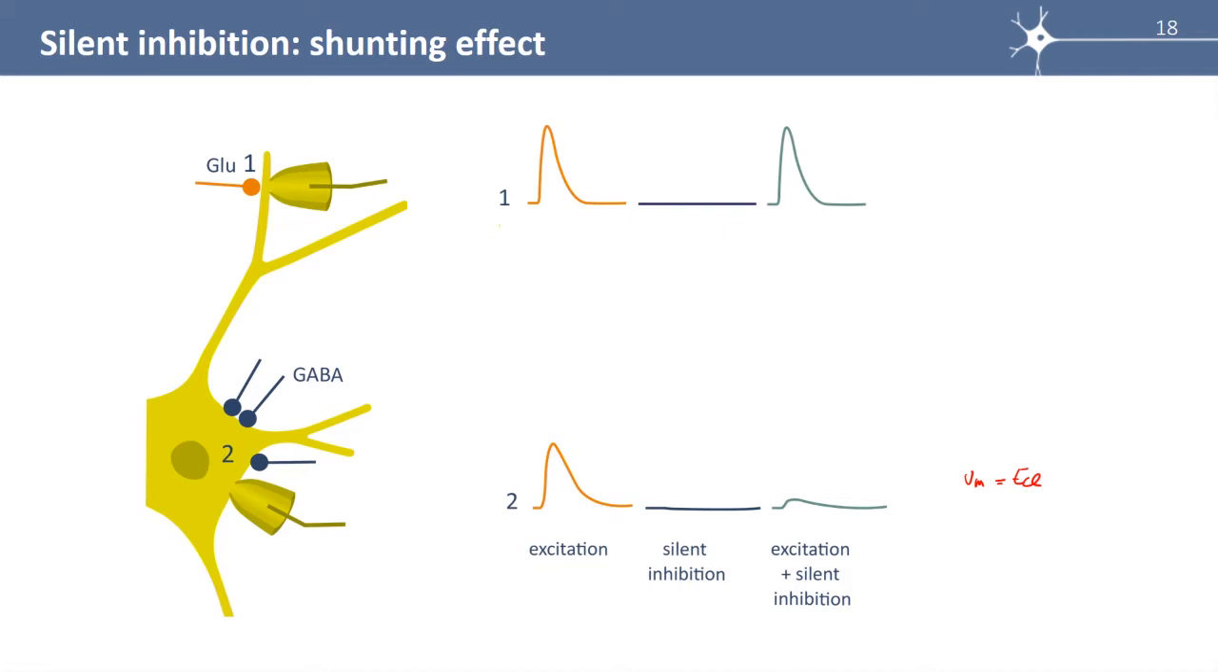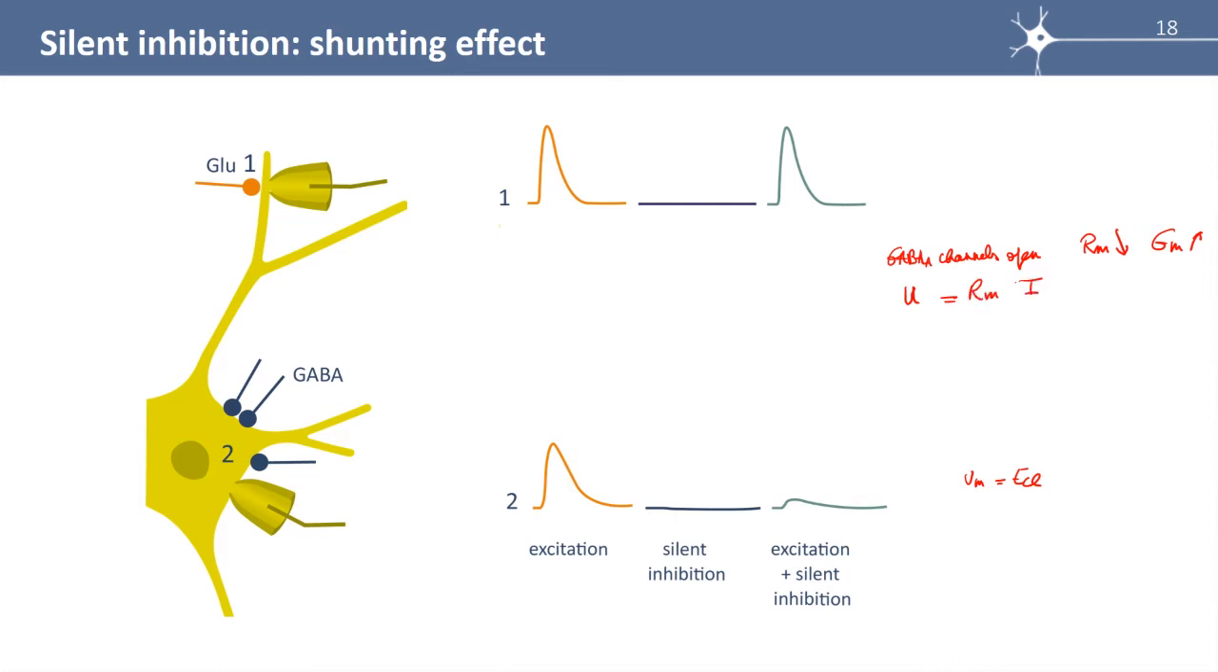The shunting effect is this one. When you open a lot of GABA-A channels, of course, the membrane resistance decreases because there are a lot of channels open. So there is a lot of ions going through, so the membrane resistance decreases. We could see also that the conductance increases. With Ohm's law, we have that